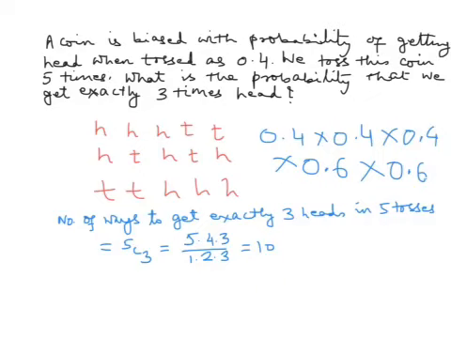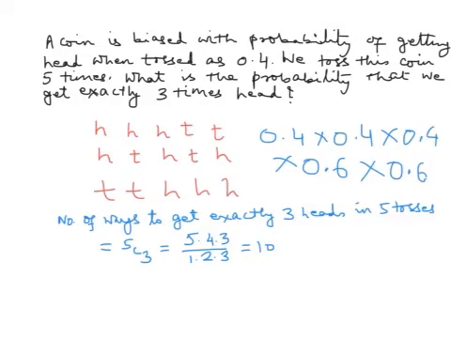So once again you will have 0.4 multiplied 3 times and 0.6 multiplied 2 times. For the third way which we have just listed, here too you will have 0.4 multiplied 3 times and 0.6 multiplied 2 times. So in fact the probability of getting exactly 3 heads and 2 tails in any of the